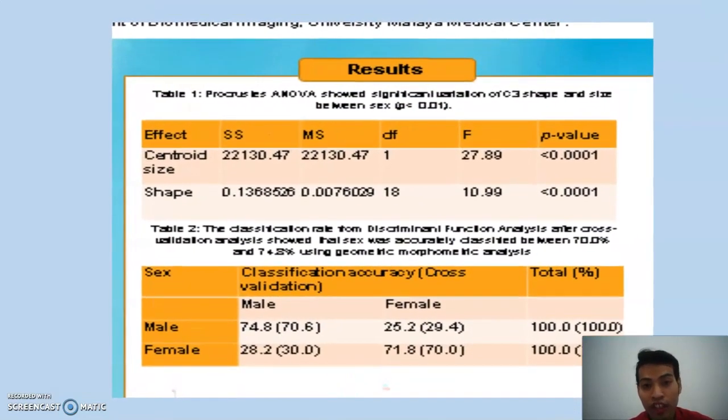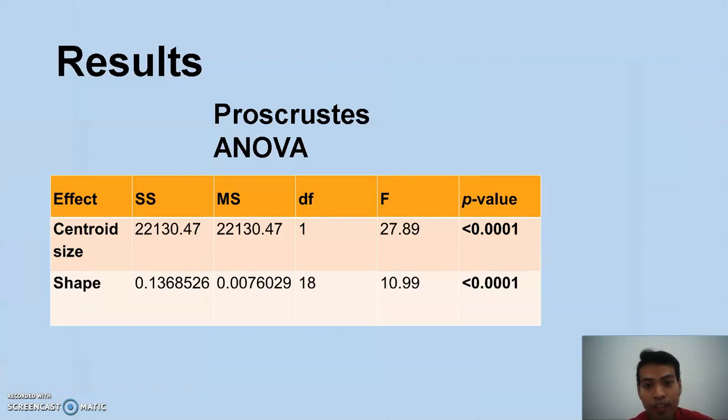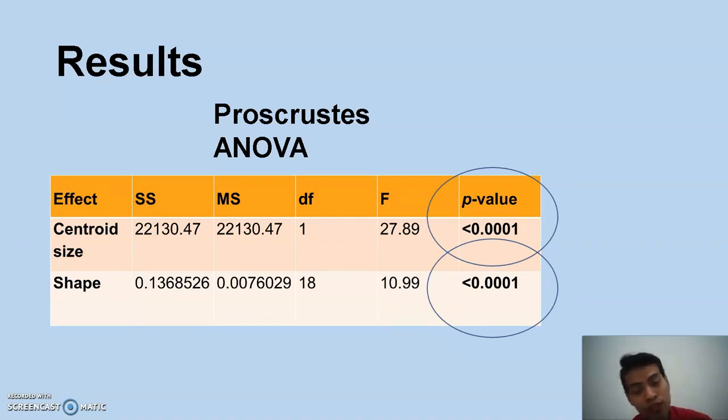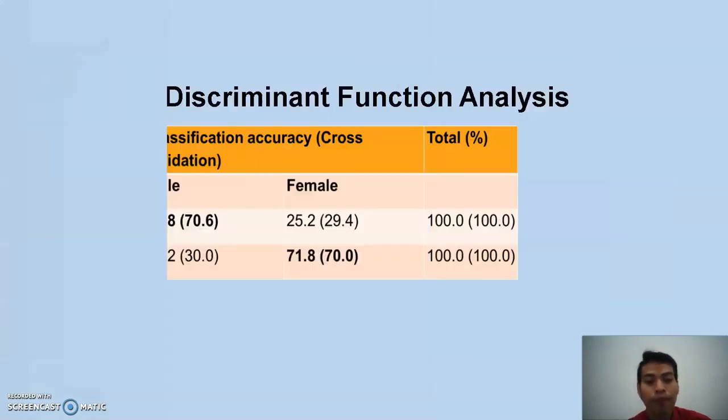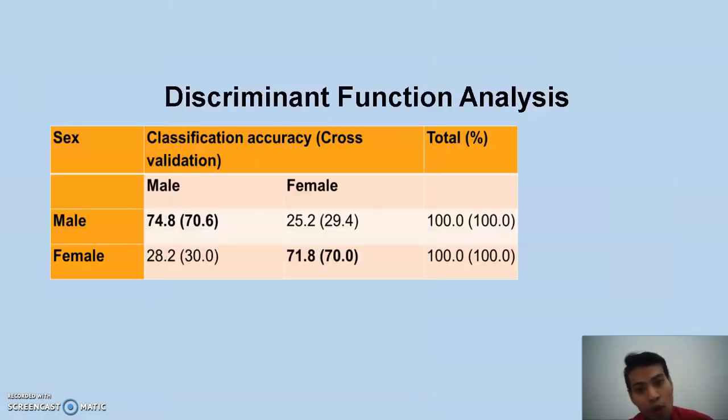Moving on to the results of our project. First, Procrustes ANOVA showed that both centroid size and the shape of the third cervical vertebra morphology were significantly different between male and female, with p-values less than 0.0001 respectively. Apart from that, more than 17% of both male and female were correctly classified under their own sex groups